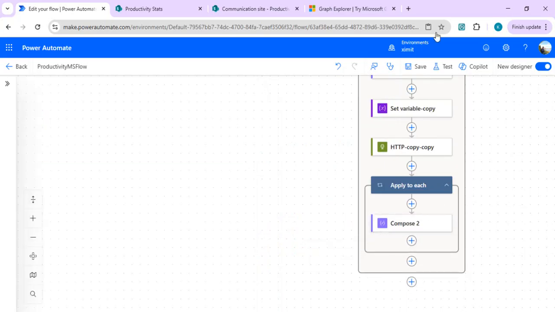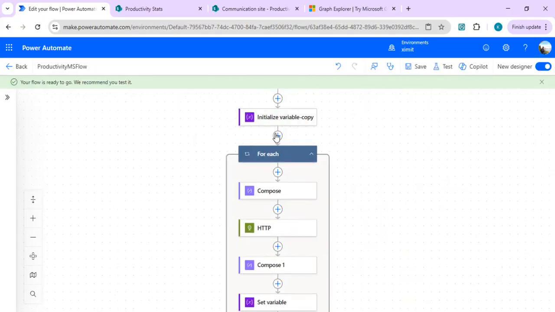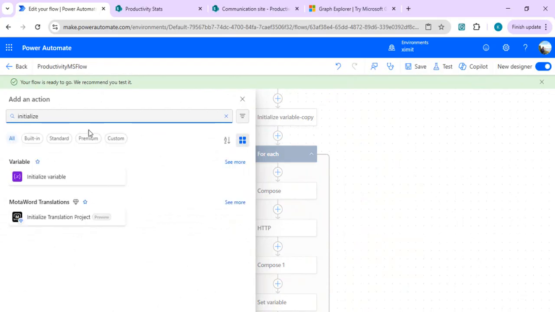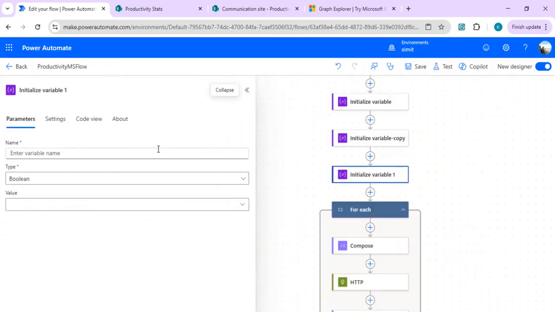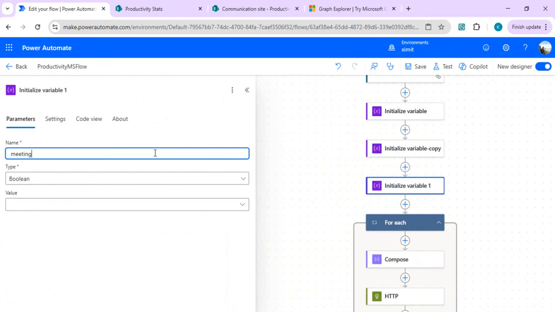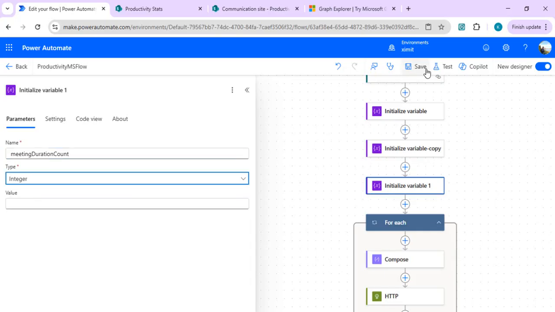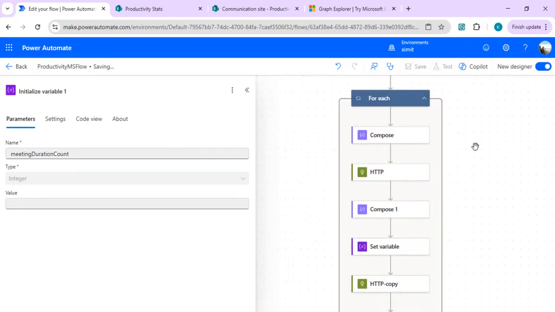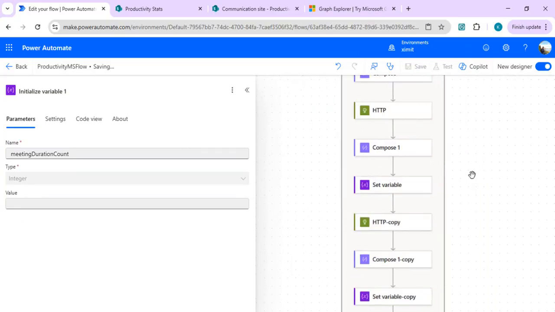So I'll first of all save it just for the sake of not losing it, and then create one more variable for containing the meeting duration. Initialize one variable. This time I'll say meeting duration count, and it's of type integer. Save it, and going again back to our final step,